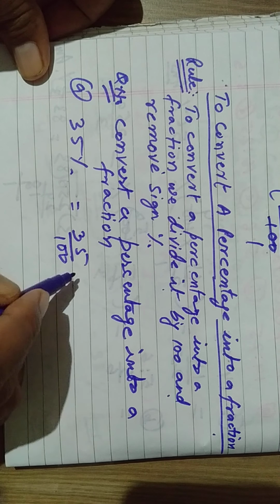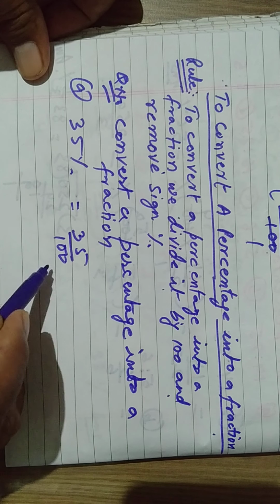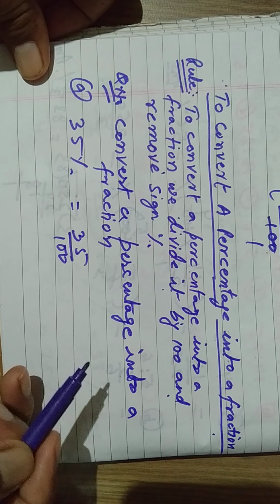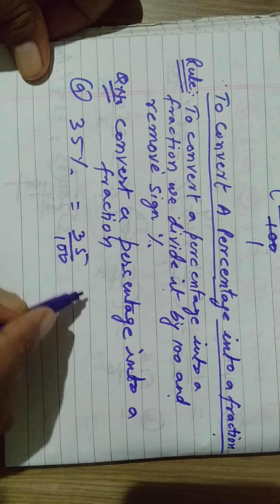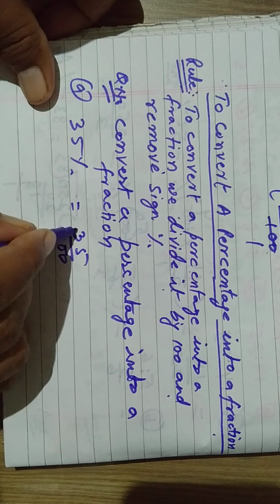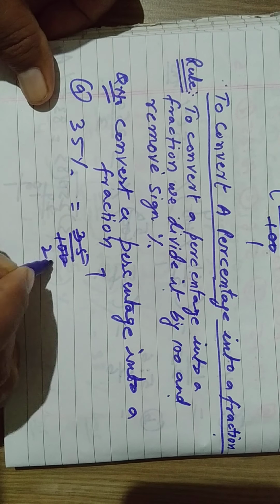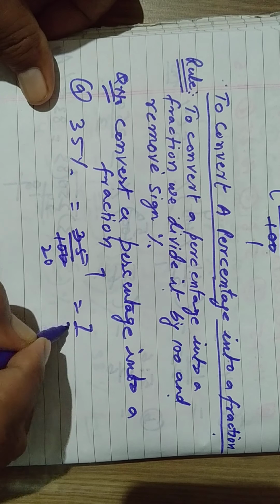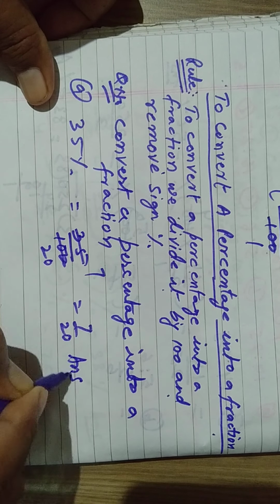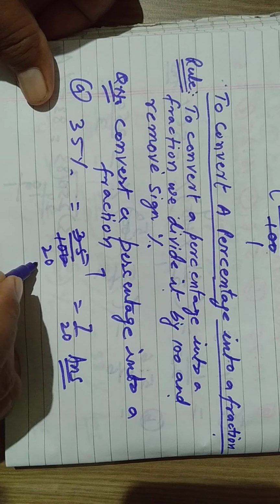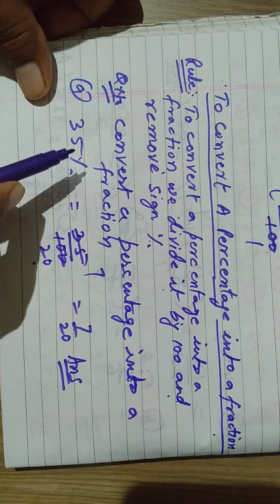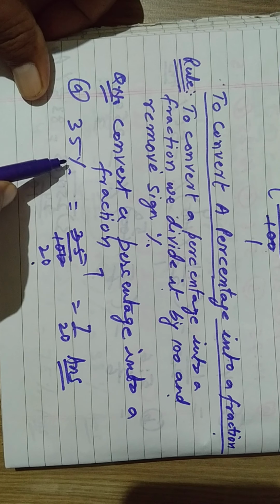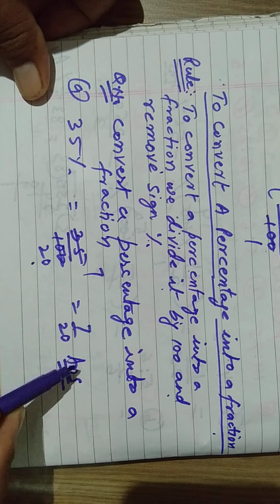हम लोग सोचेंगे कि ये कैंसिल होता है तो हम लोग कैंसिल करेंगे, और नहीं तो ये यही आंसर हो जाएगा. तो हम क्या देखते हैं कि ये कैंसिल हो सकता है. कैसे कैंसिल होगा? 5 के टेबल से. तो 5 7 या 35, 5 2 या 10 एंड 0. तो 7/20 इज द आंसर. जब तक कैंसिल होगा करेंगे, लास्ट में वही आंसर हो जाता है. तो आप क्या देखें कि परसेंटेज साइन को हम कैसे फ्रैक्शन में चेंज करते हैं.